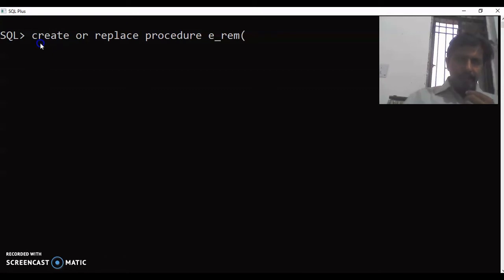In this I will write the variable MNO, because the employee ID has to be passed, whose record is to be deleted, and it will be of emp.empno%type. It's a data type which will have exactly the data type of the column employee number in the employee table.